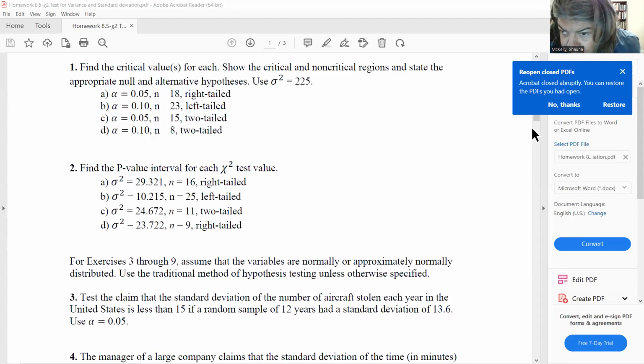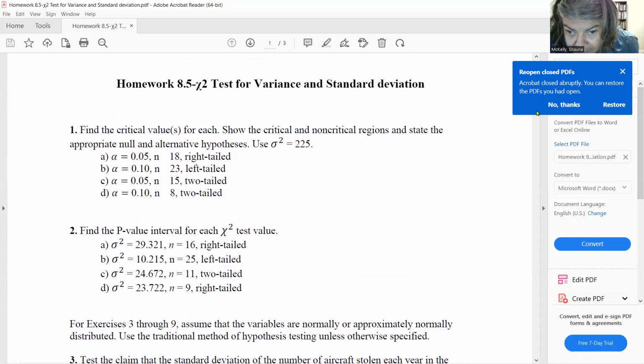I'm going to share my screen and share the homework assignment at this time. Now, there are 9 problems on this homework assignment. Before we actually get into the homework assignment, there are a couple of problems here that have multiple parts that